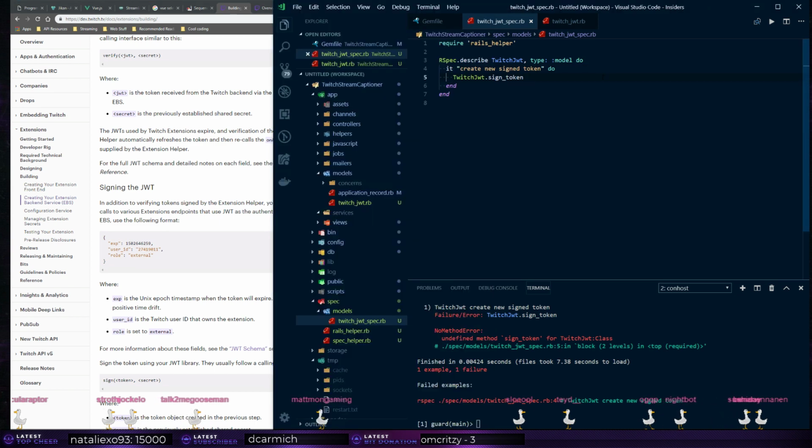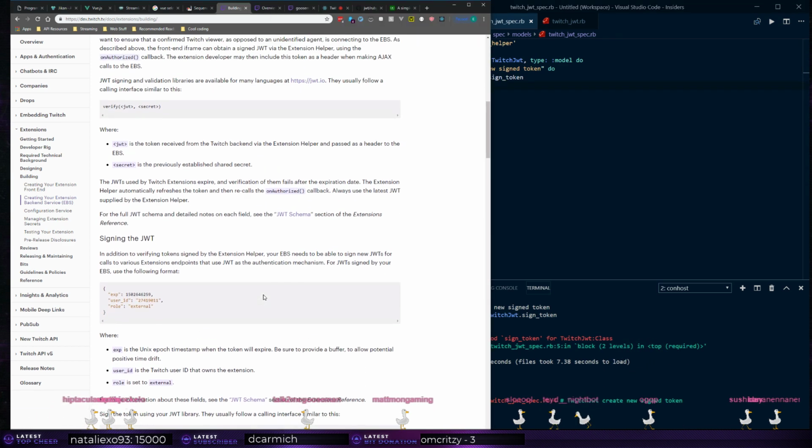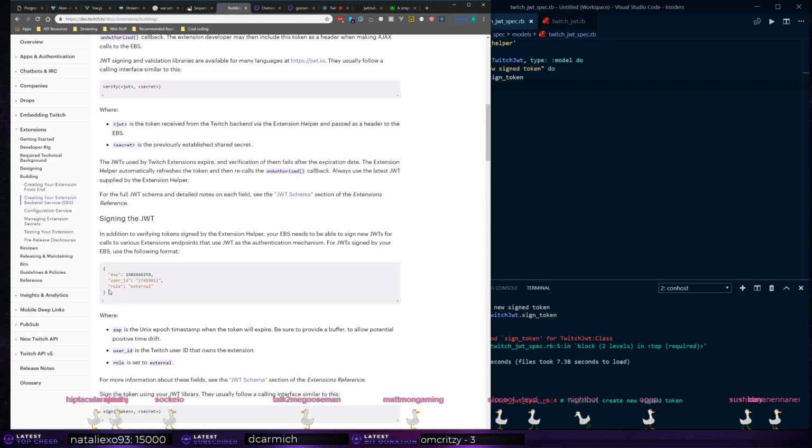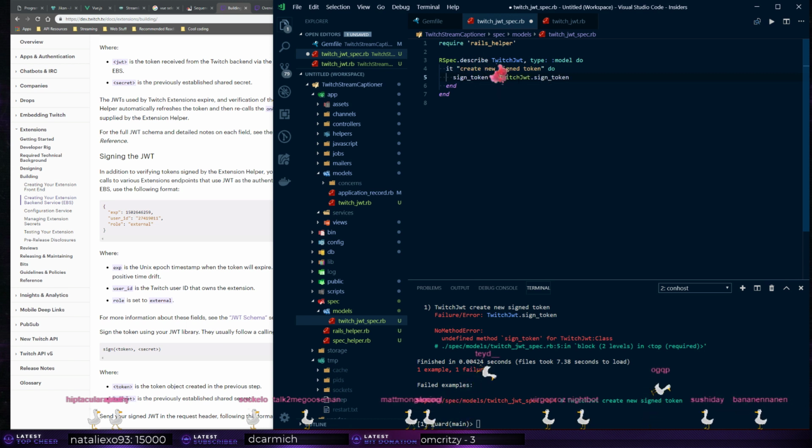So what we expect for a signed token is that we have some sort of expiration date and all type of stuff. So basically this is what it looks like. User role, and then an expiration date. So we should actually write out an expectation. So we get a signed token, and then we expect